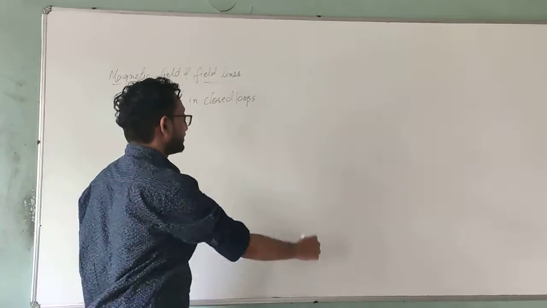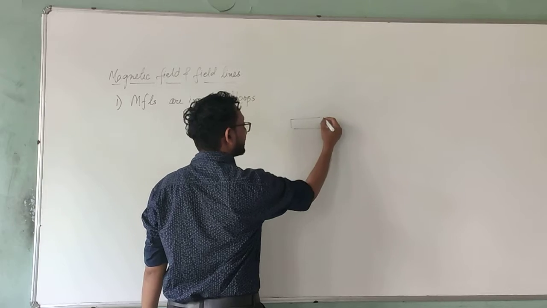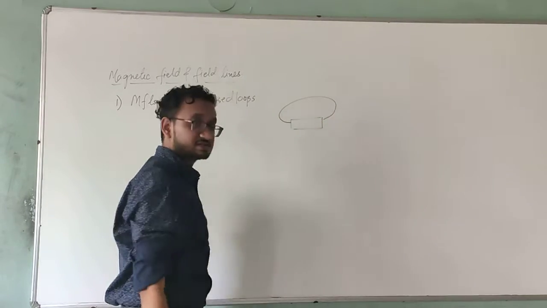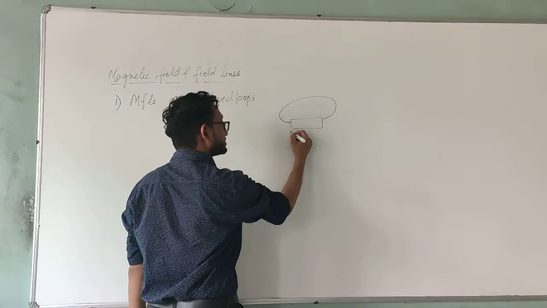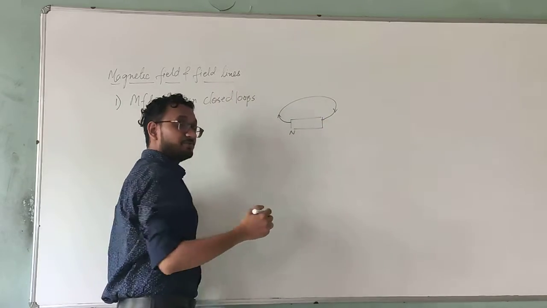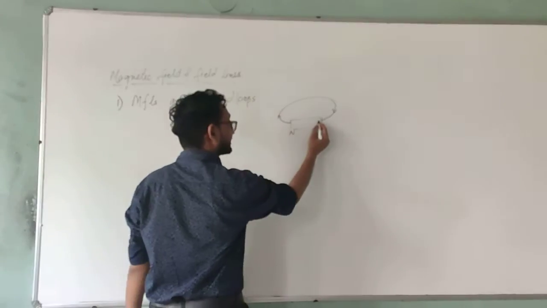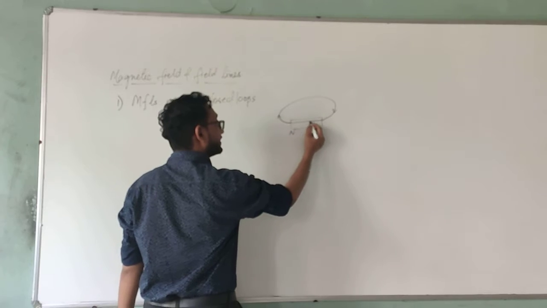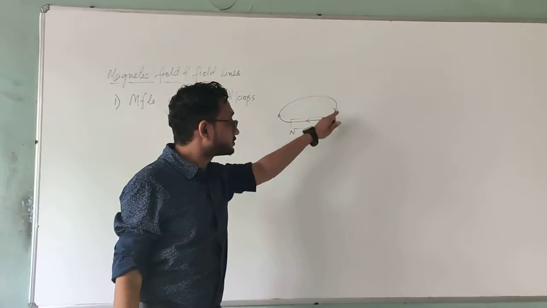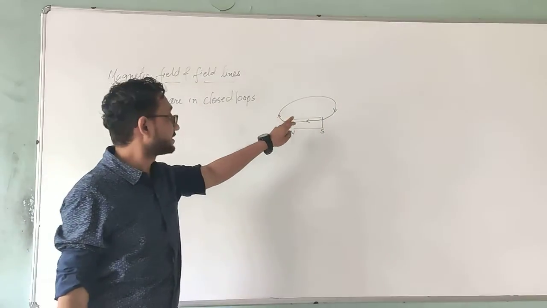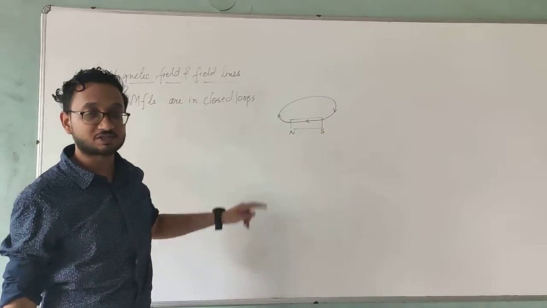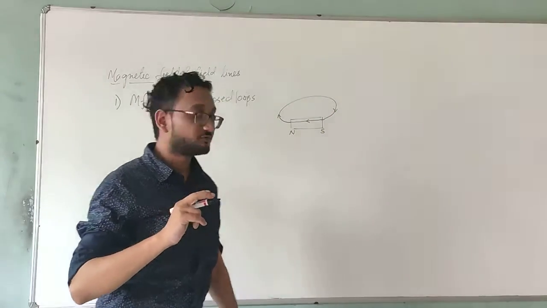Which means that if I see a simple bar magnet, the magnetic field lines are going to be like this, emerging from the north pole and entering the south pole, but inside the magnet they continue to move forward like this, and it is the same field line. So inside the magnet they are going from south to north, and they emerge from north to south, entering the magnet, and then from south to north, then again north to south and south to north. So this is how the magnetic field lines work.